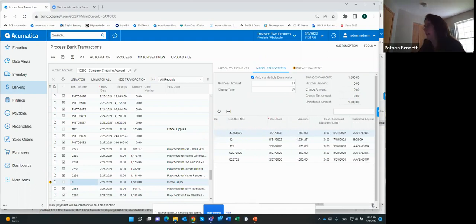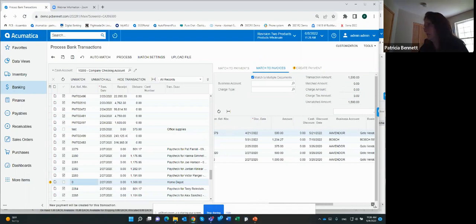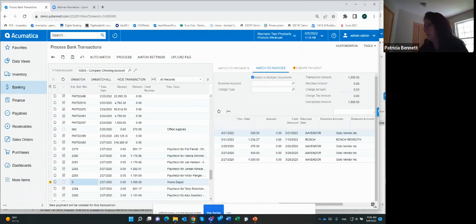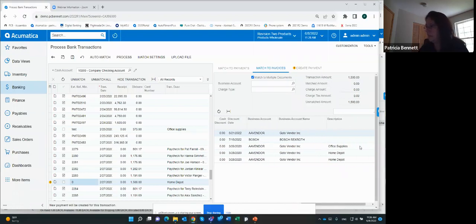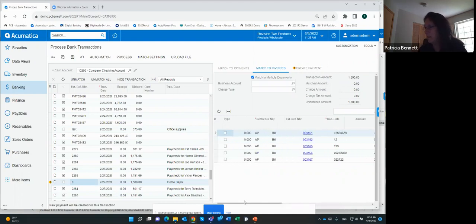They're both for a vendor. Ah, there it is. There's my Home Depot transactions. There's two of them. So now, because I'm saying match to multiple documents, I can go ahead and click each one of them, and you will see that my transaction amount is $1,500, but I start,